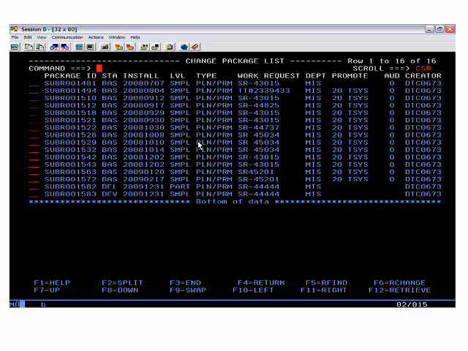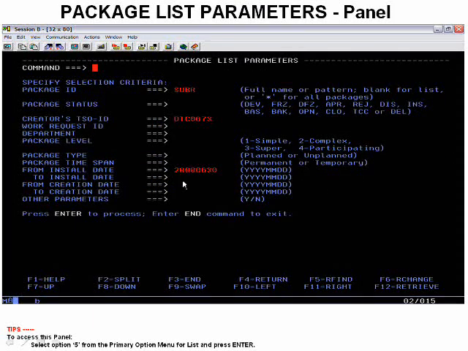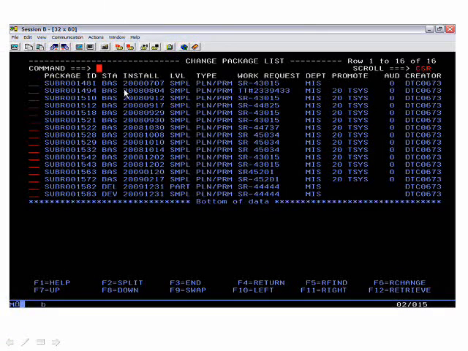If you hit enter, then it will list out all the package information, where you can see lots of information. These are the packages created by that user, after 2008 0630, and the stage each package is at. BAS means it is baseline. DEL means the package has been deleted, and there is the development stage, and the installation dates. The type is the package type: planned permanent, unplanned permanent. If it is unplanned, you can see it here,